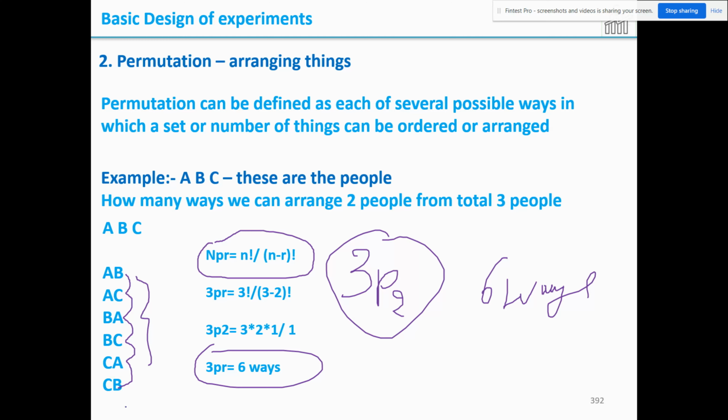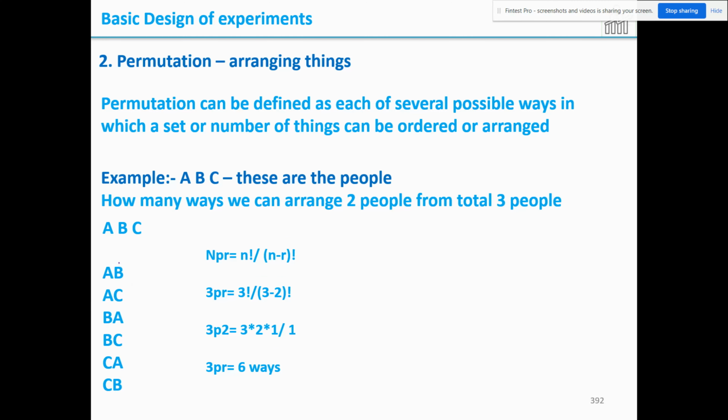Now one doubt is we can say AB is the same as BA. You agree with this? AB is also the same, BA is also the same. So now I'm connecting this to design of experiments. Say, for example, you want to change two parameters at a time. You change A and B once and again BA. There is not much difference here. Whether you change it as AB or BA, it is the same. So there is a limitation in using permutation in design of experiments. This is for understanding permutation.